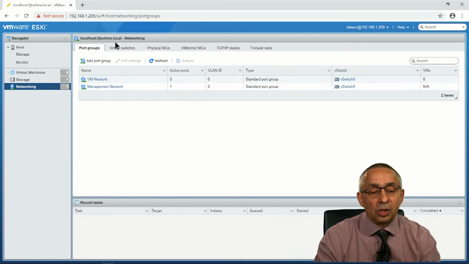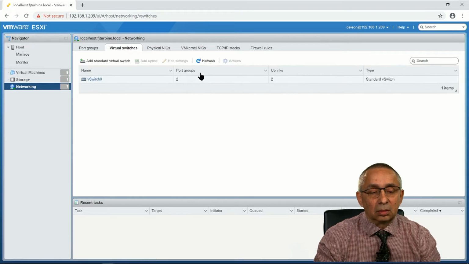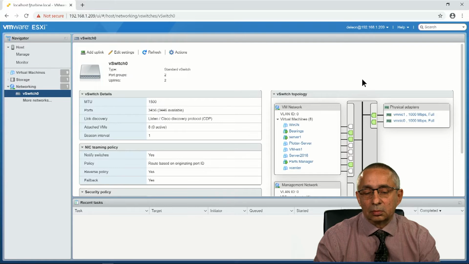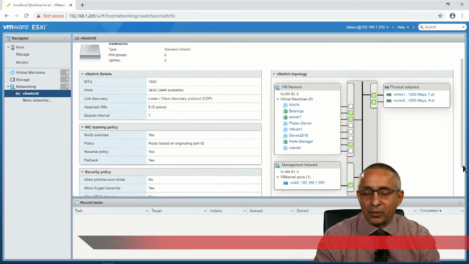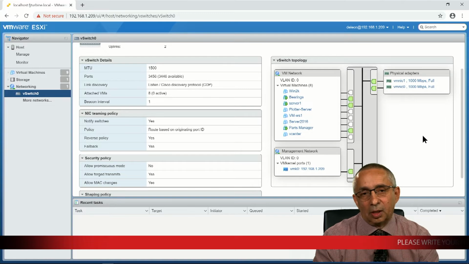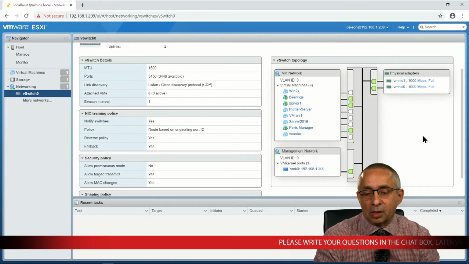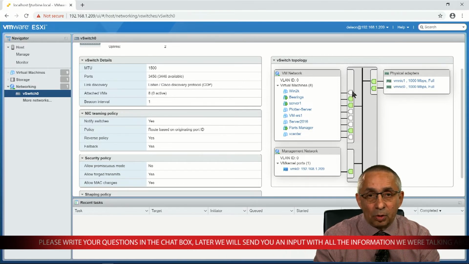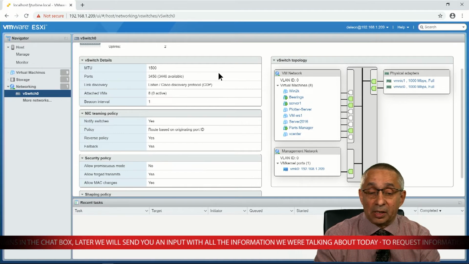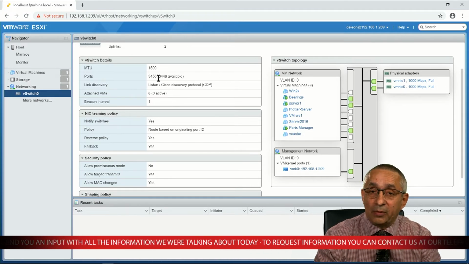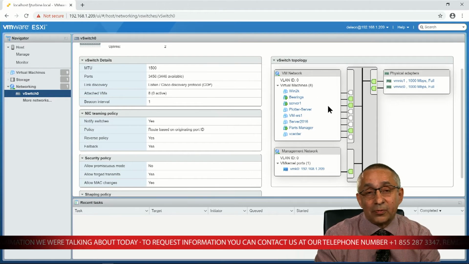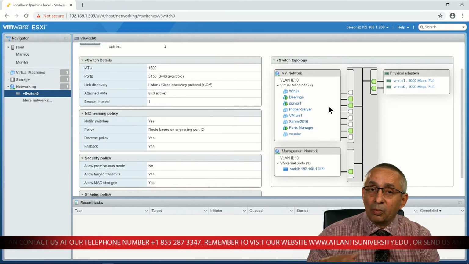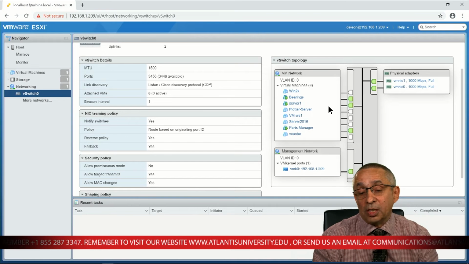As you can see here, this is my virtual switch. My physical computer has two physical network cards, and those two network cards are connected to a virtual switch that has 9 ports for my computers. The more ports I add, I can have up to 3,456 different ports on this virtual switch. That depends on the resources of my computer, of course. I will need more RAM, more hard drive space, more CPU power, for example.